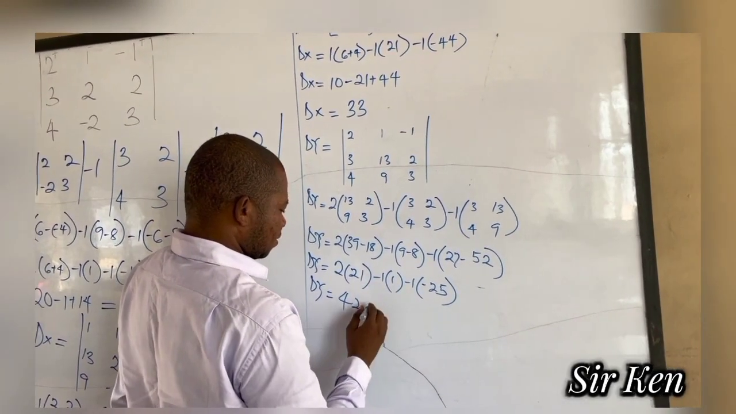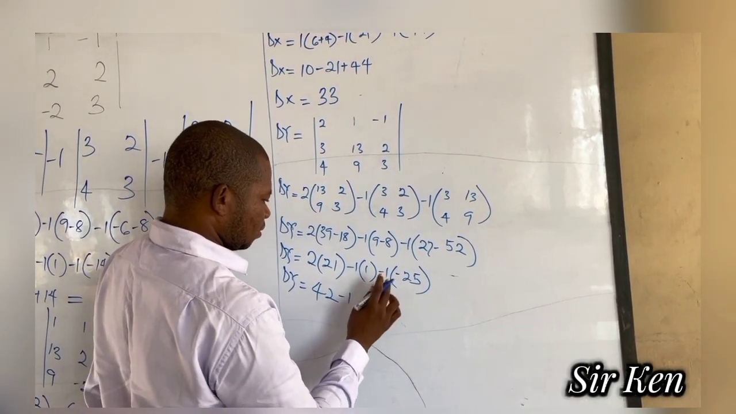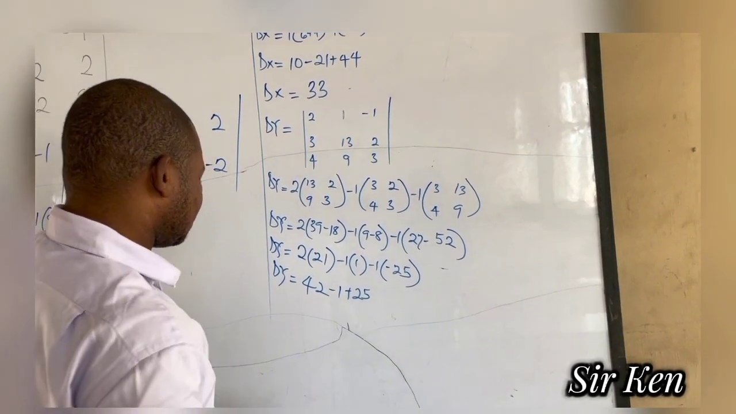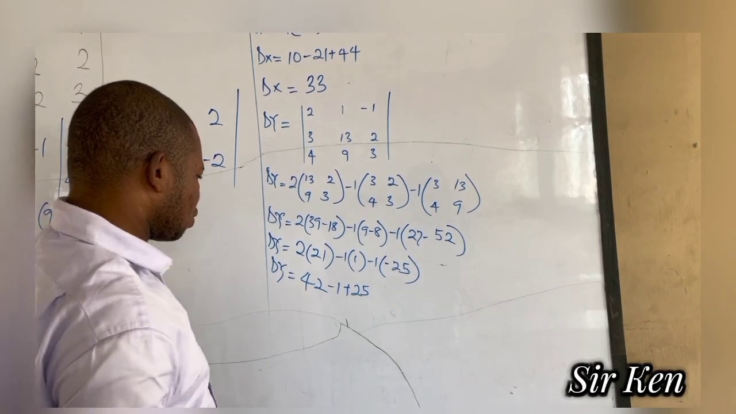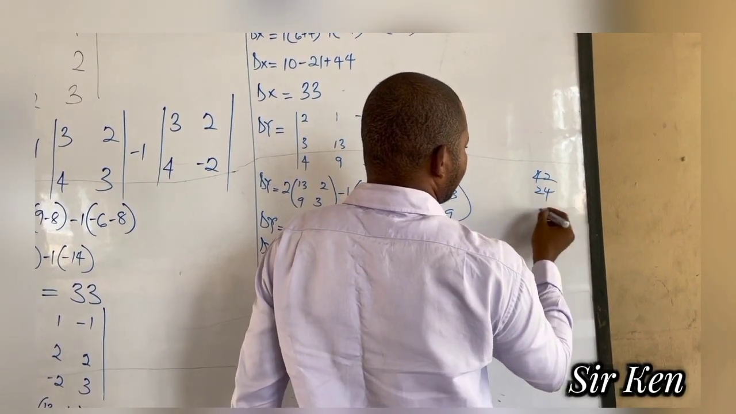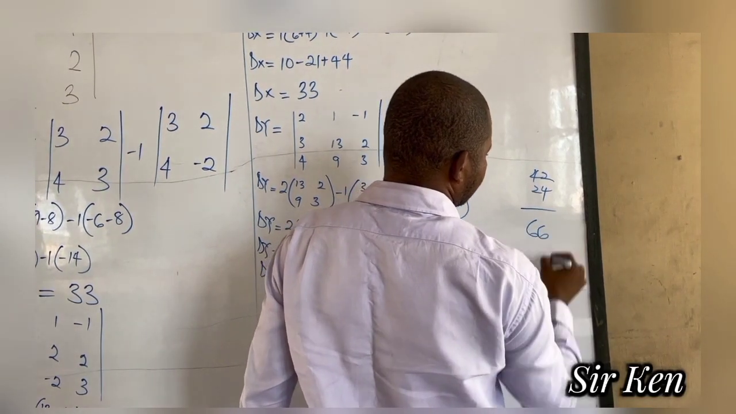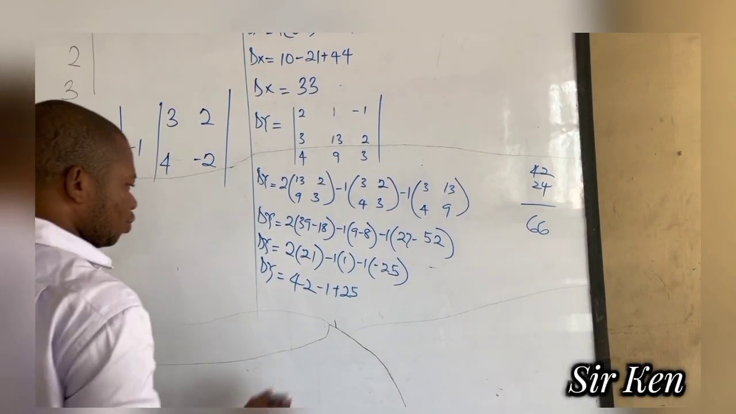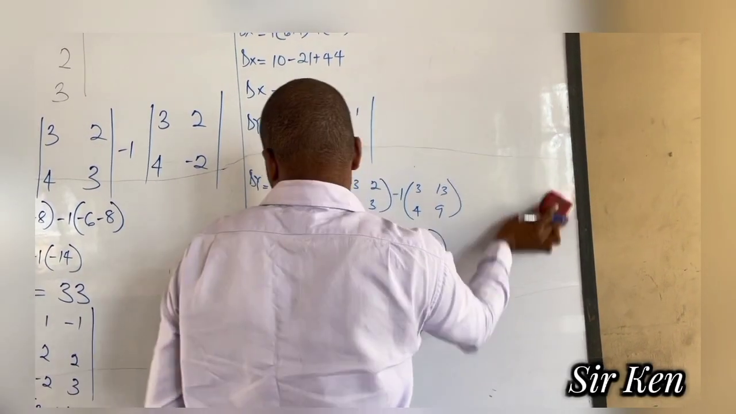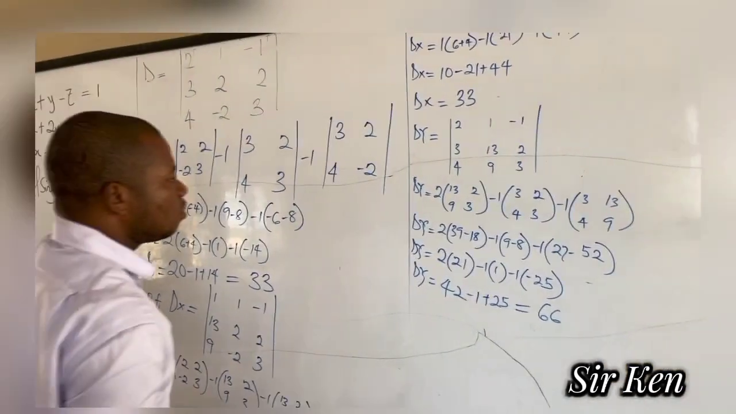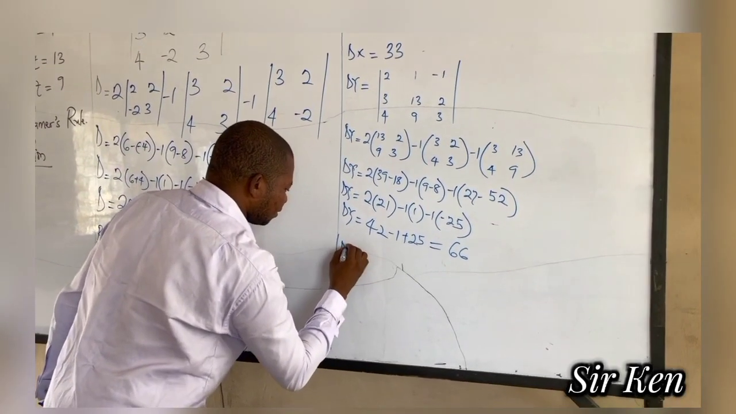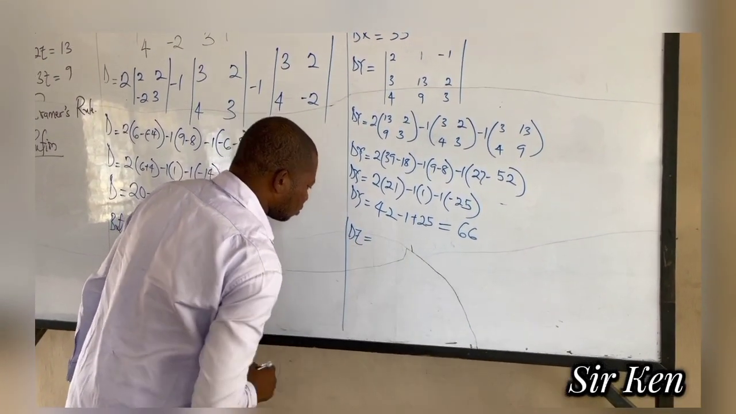Okay, this time this minus 1, then this time this plus 25. So what that means is this: 25 minus 1 gives me 24. 24 plus 42, that is 66. Okay, so the y further becomes 66. That's what that means. Now we look out for the last one, which is the z. The z becomes